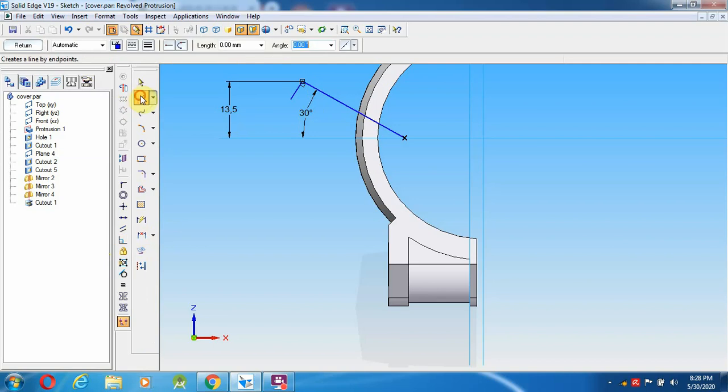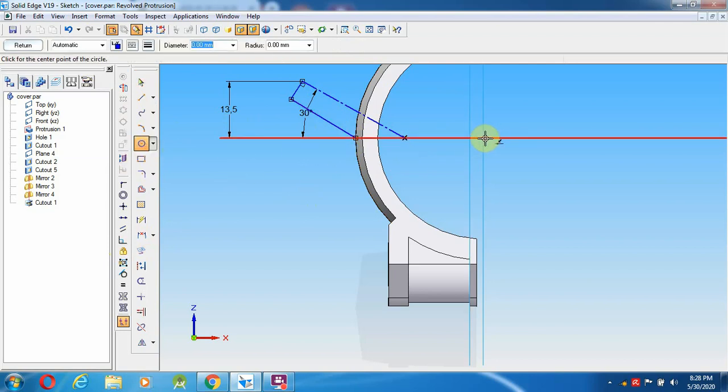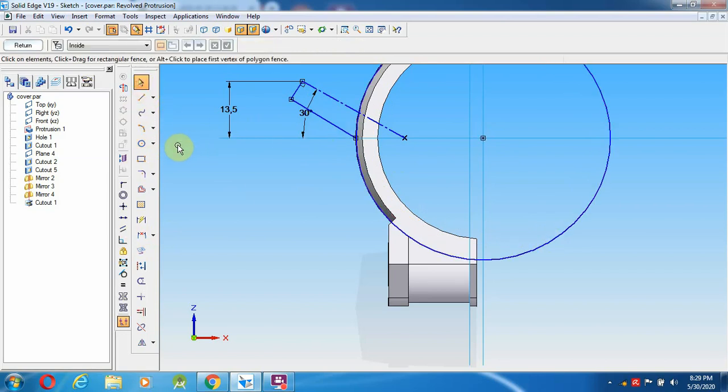Select a line from here to, you can join over in the mid. Okay, so after joining this, select the axis of revolution as this, and select from the mid maximum of that, then trim unnecessary portions.